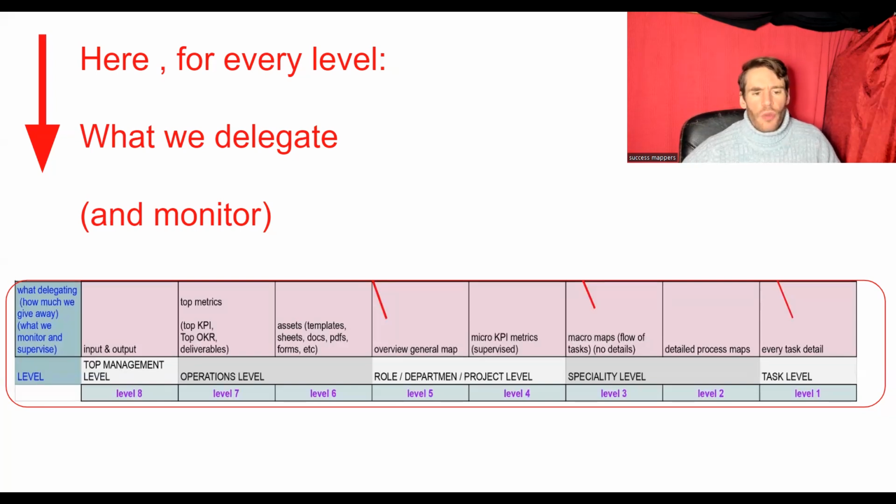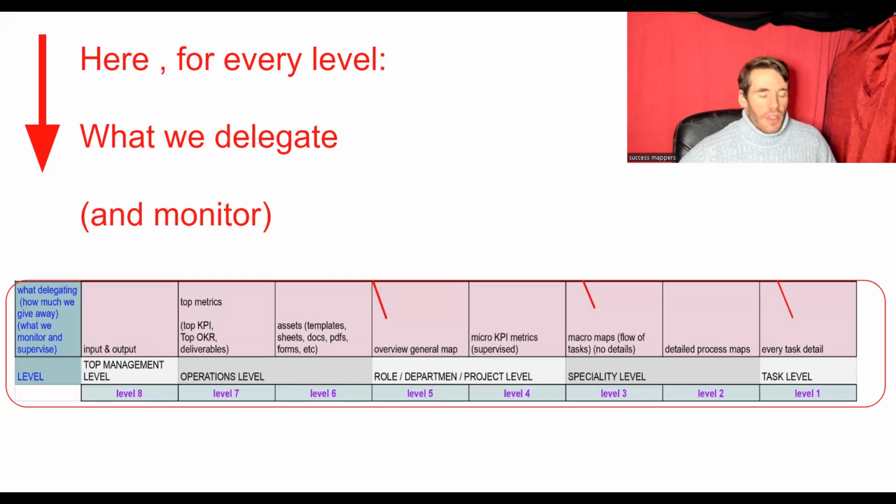you will need to hire someone from level 2 and 3 if the process is small. Level 4 and 5 if there is a project that is bigger. Level 6 and 7 if you really want to give away a big process, a big department, a big role, in the long term in a way that can also scale.